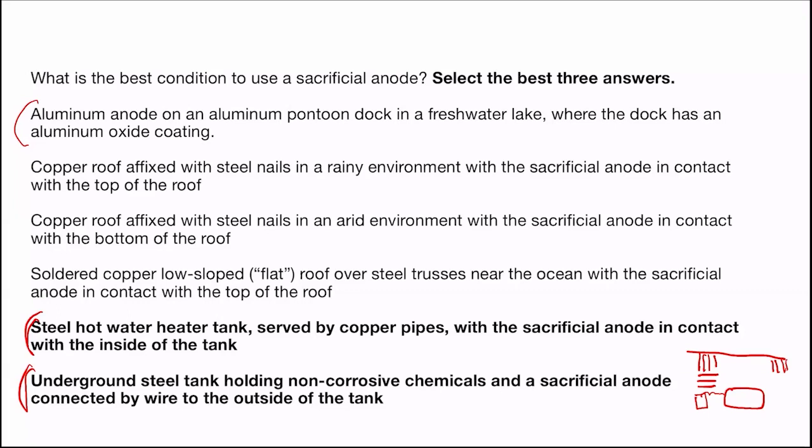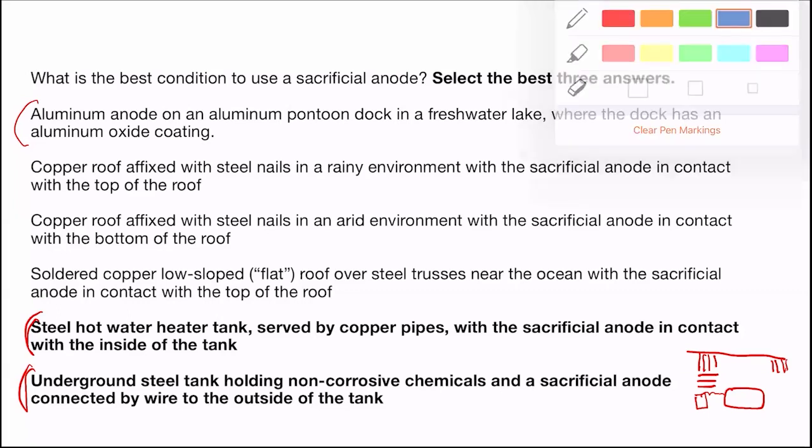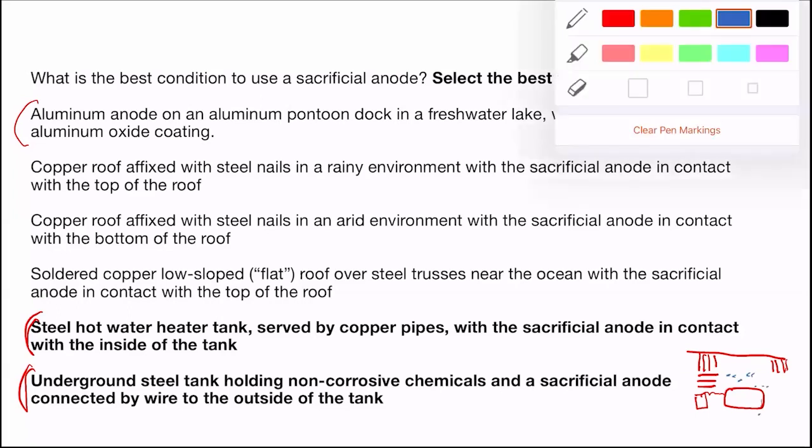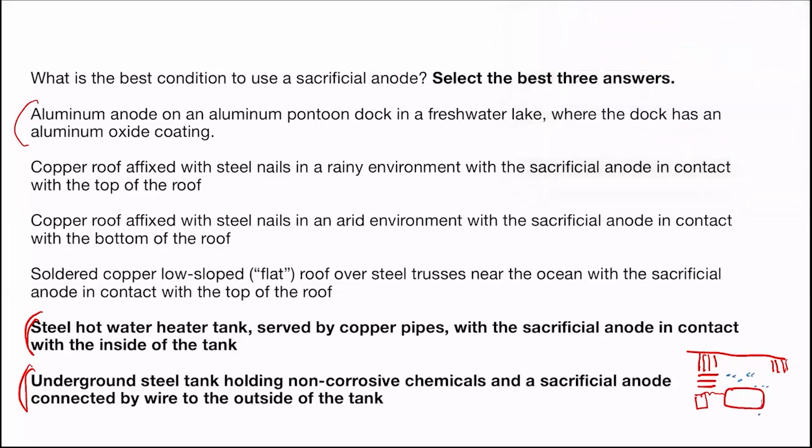And so we have water underground because, well, it's underground. So there's water here, and there's minerals underground. Some of those minerals are going to be cathodic relative to the steel tank. They'll be like copper underground or something like that. And so the